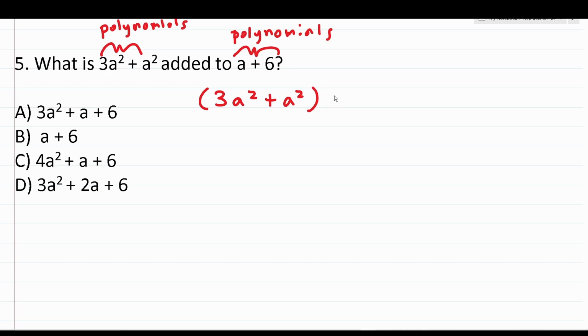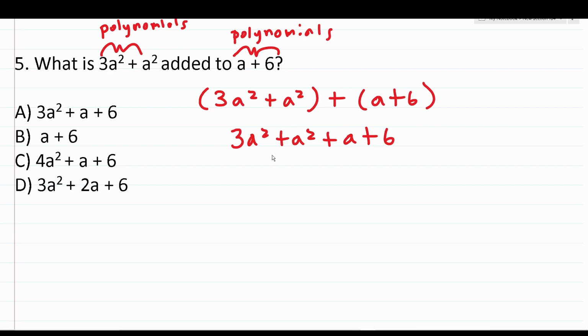That's our first polynomial, and to that we're adding a plus 6. Again, this addition sign really doesn't change anything, so we could go ahead and drop those parentheses. This is 3a squared plus a squared plus a plus 6. Of course, this isn't one of our answer choices because we have to simplify this expression by combining